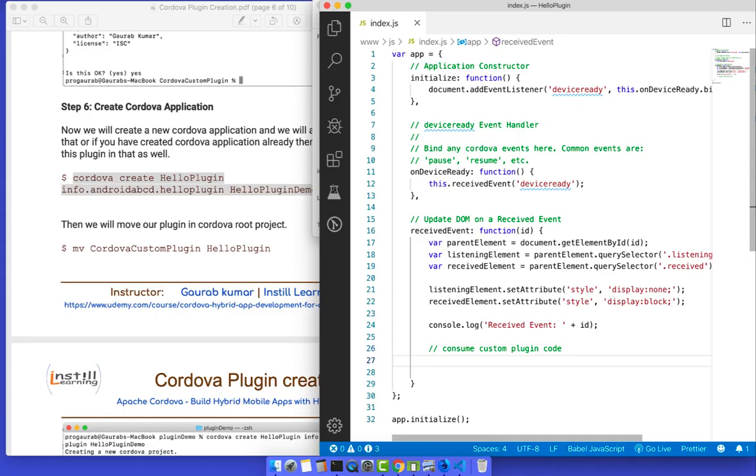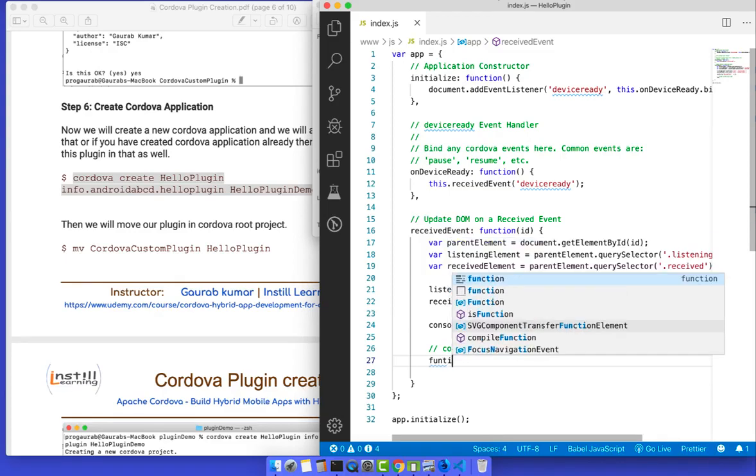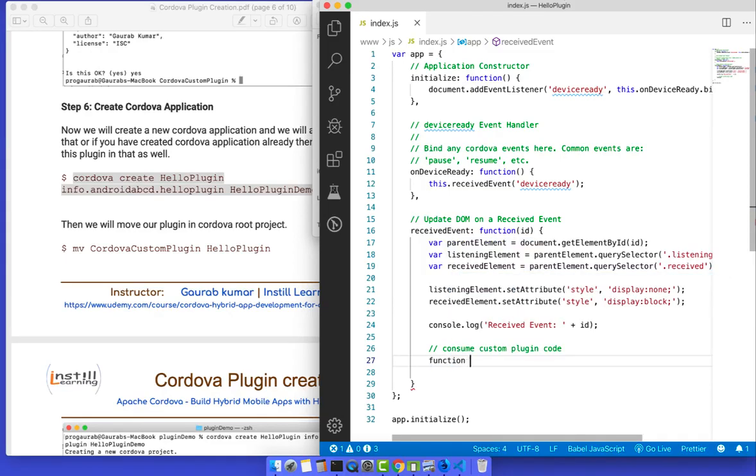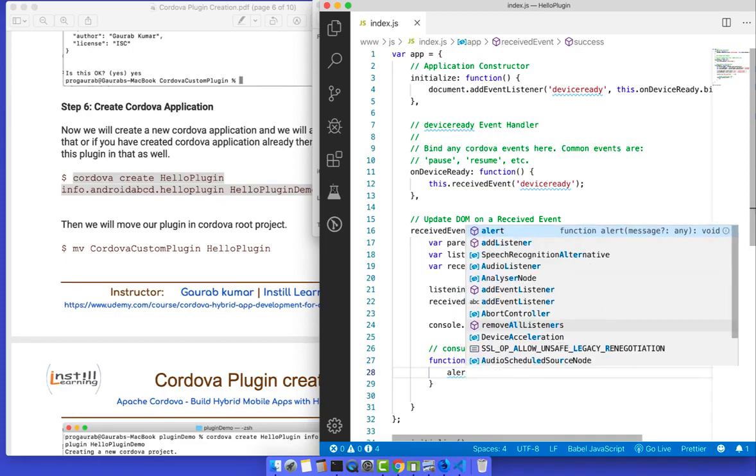Next, we'll just write function success, and then we'll give the argument result, and then okay, now we will show an alert.